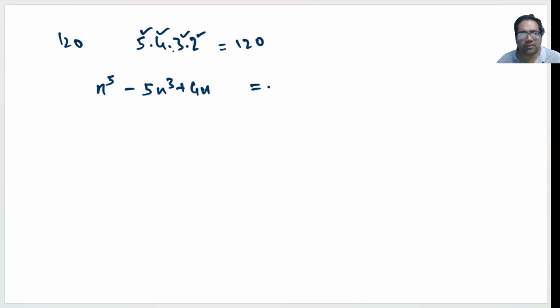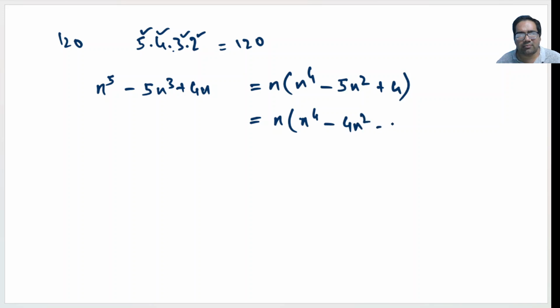Now let us just factorize this. n times n power 4 minus 5n square plus 4. We are just taking n common. It is kind of quadratic, but if you take n square as some p, then it becomes p square minus 5p plus 4. So we can directly factorize this also: n power 4 minus 4n square minus n square plus 4. This becomes n times